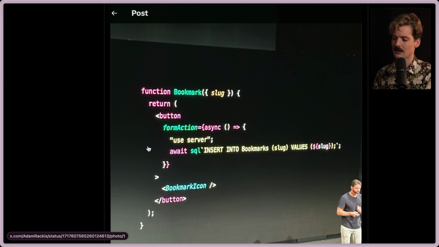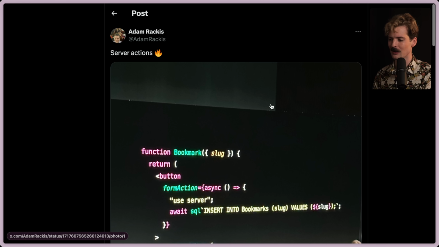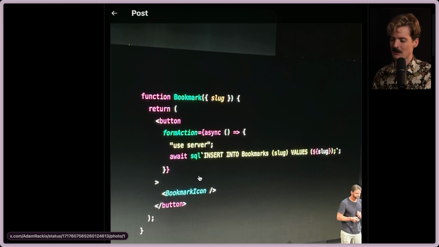Everybody was like, oh my God, SQL injections, server-side code in your client code. Like none of this is safe. So problematic. Many of you might already know why it's fine, but if you don't, stick around. It's important to understand, and I think it'll really showcase how cool this stuff is. Because the goal here was Adam showing how cool and composable these patterns were. But anybody who's not in the know enough to understand how this works sees React code, sees SQL, assumes that this is SQL code being controlled by the client, and freaked out.